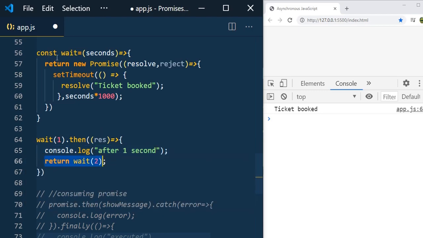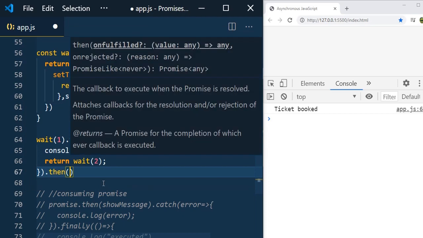I just made a call to this and I just returned the promise. So after receiving its promise value, here we made the call to return the promise. Since we return the promise here, again we can consume it using the then handler.